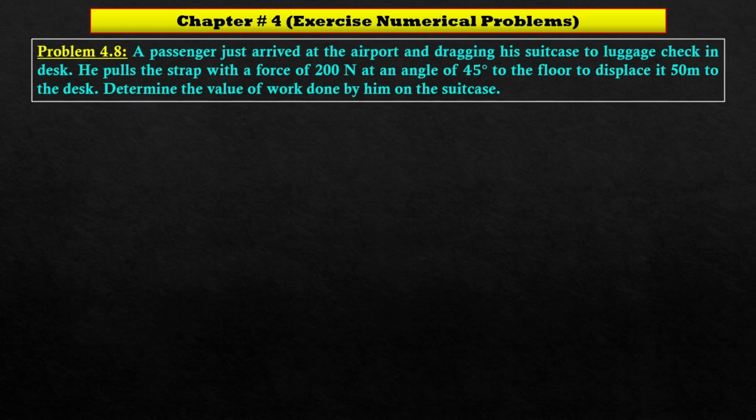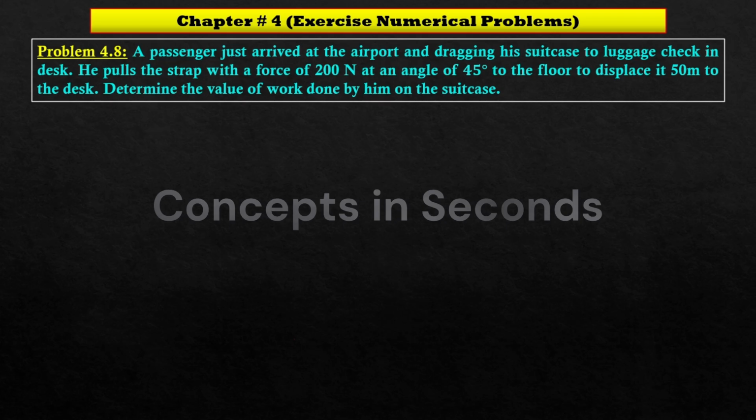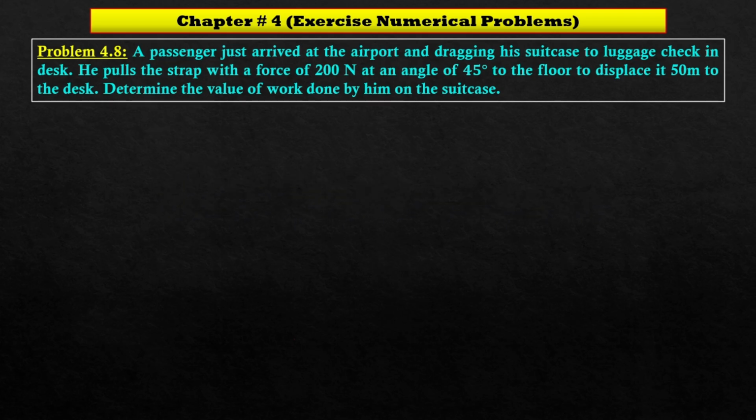Numerical number 4.8. A passenger just arrived at the airport and is dragging his suitcase to the luggage check-in desk. एक पैसेंजर जो कि एयरपोर्ट पे अभी पहुंचा और उसने अपने सूटकेस को लगेज चेक डेस्क के ऊपर लेके जाना है, जहां पर वो अपने सामान वगैरह को चेक करवाते हैं. He pulls the strap with the force of 200 newton. उसने वो बैग के अपने स्ट्रैप को पुल किया, खींच के वो लेके जा रहा है 200 न्यूटन की फोर्स